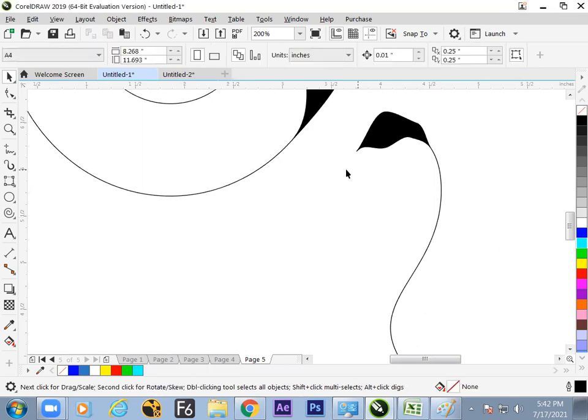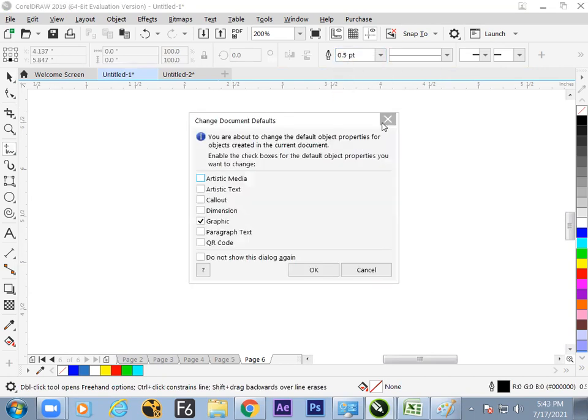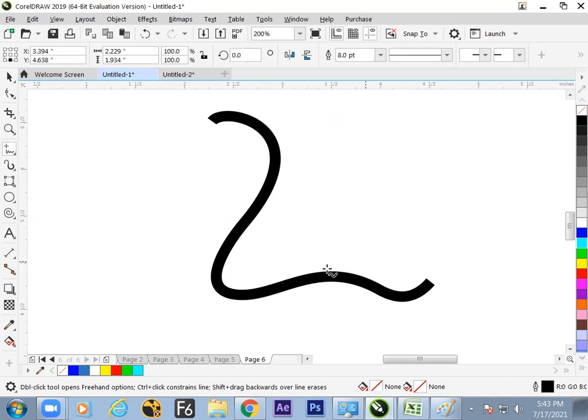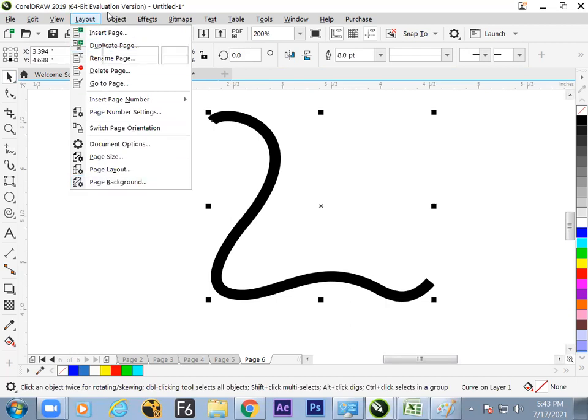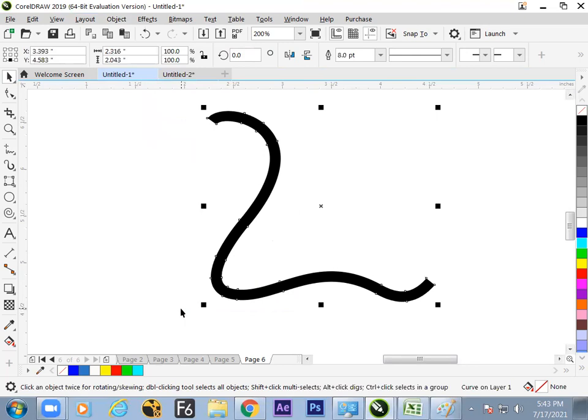Now making a leaf, making some tentacles, getting a snake, everything is one click, go. Check now. So let us change the thickness, because the volume we can generate first itself. Drag this. So this is the thickness of this next, which is to be maintained. Now let's go here, Object, Convert to Create Outline, Control Shift Q. What happened over here? Yes, the stroke turned into fill.